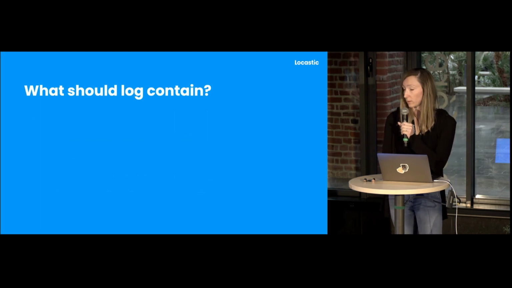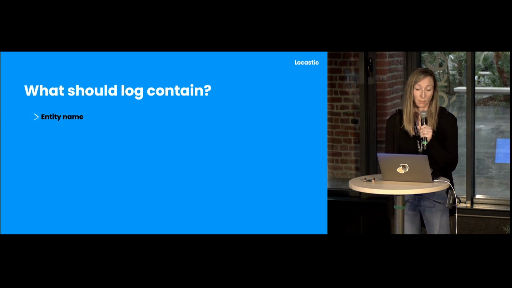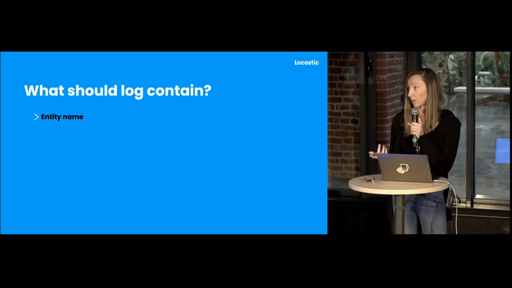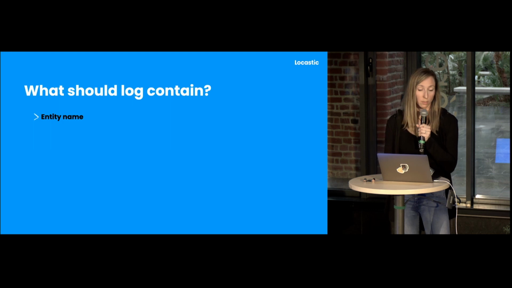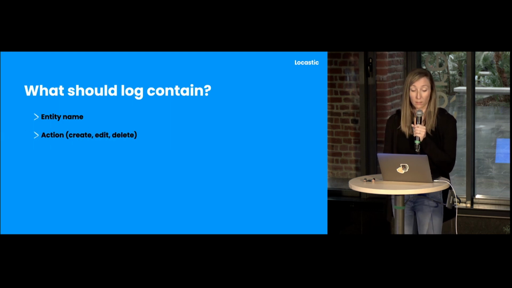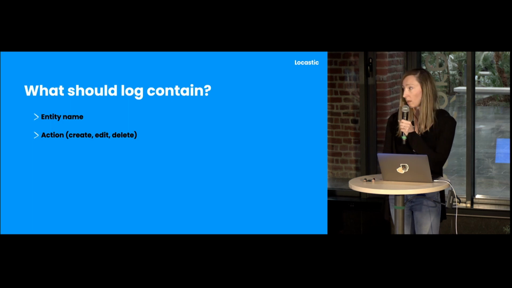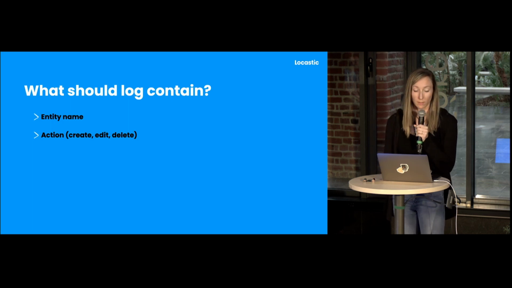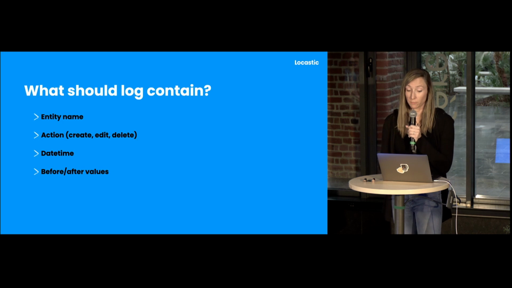So here's the list of the things that our activity log should contain. First one is the entity name, so it can be a product, I don't know, user, order, and so on. Action, the default ones are created, edited, and deleted, and of course some custom action names. Date time, when this action happened. Before and after values.